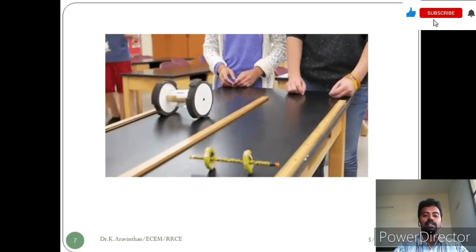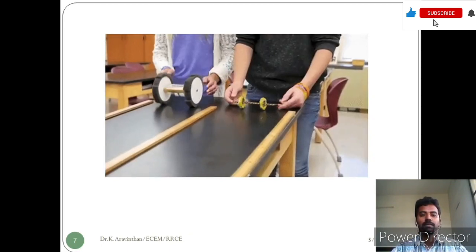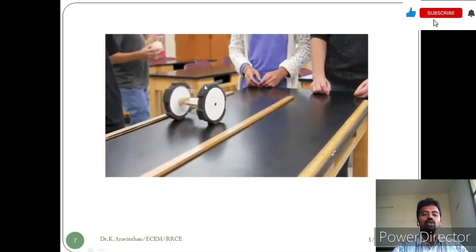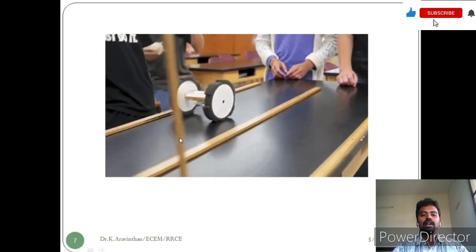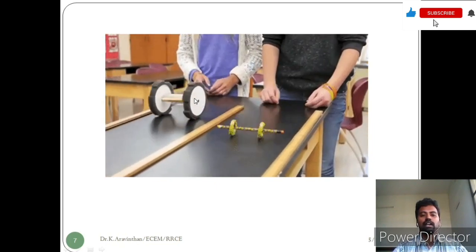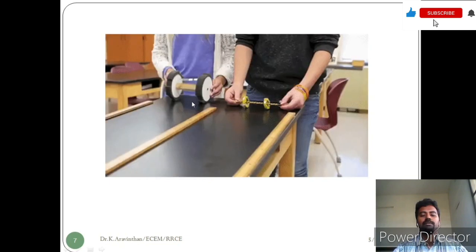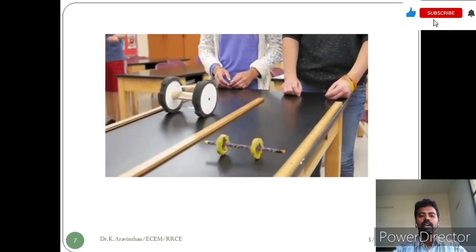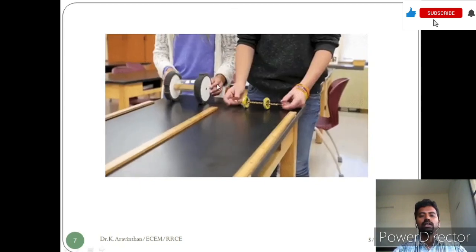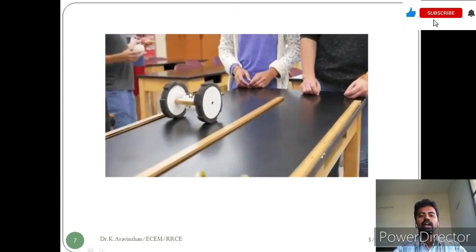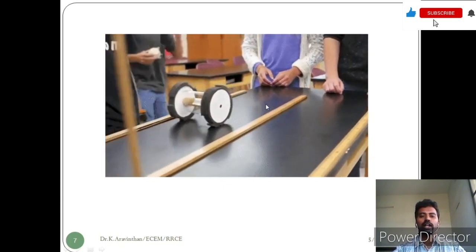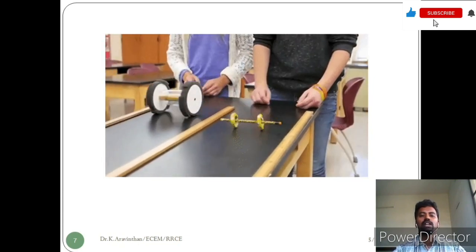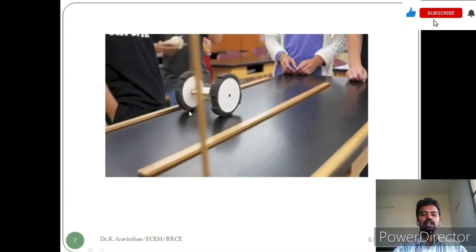So right now you have an example here. You can see that there are two wheels, the smaller wheel along with its axis and the larger wheel along with its axis. Here the moment of inertia for the larger wheel will be higher. Why? Because the moment of inertia's concept is area into distance squared. The circle has more radius, and for the smaller component you have less radius from the axis. So if you square the higher value, the moment of inertia will be higher for the larger wheel.